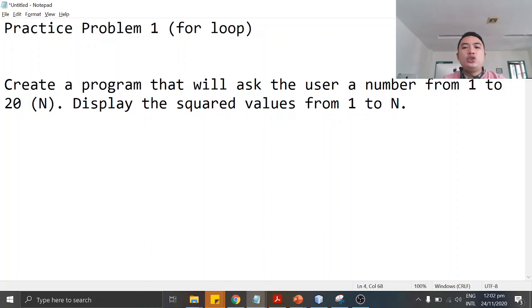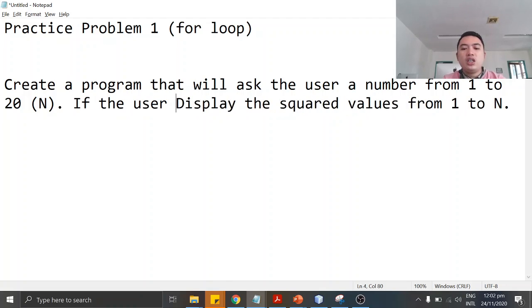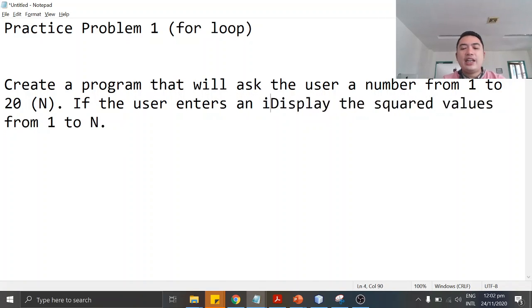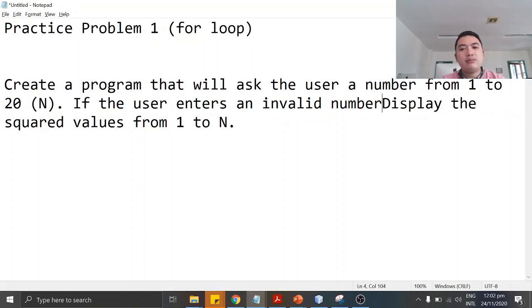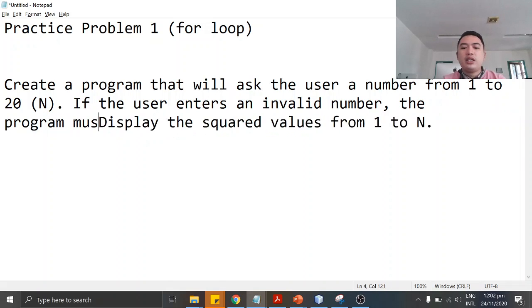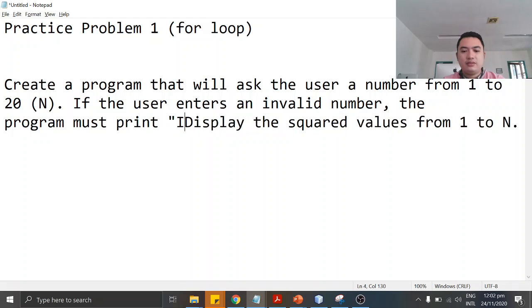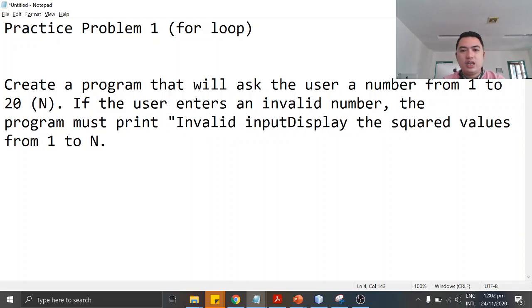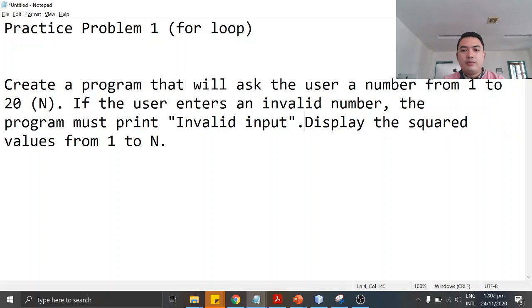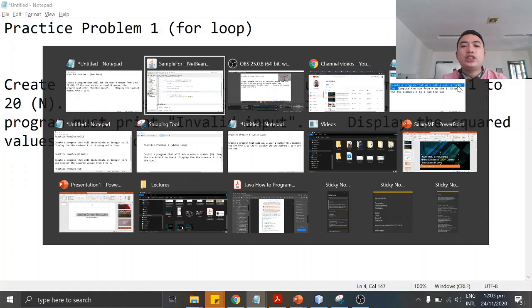Okay, so if the user enters an invalid number, that means below 1 or greater than 20, 21 and above, the program must print invalid input. So it should be from 1 to 20 only.